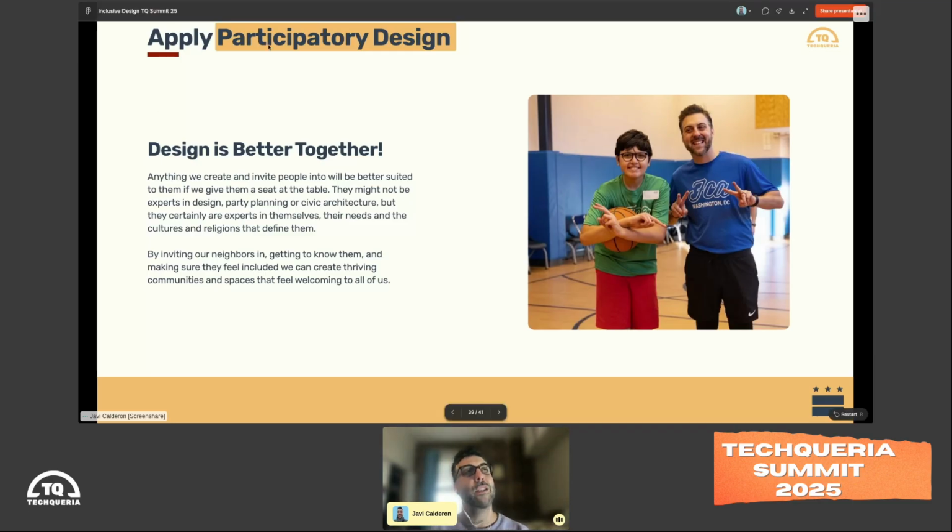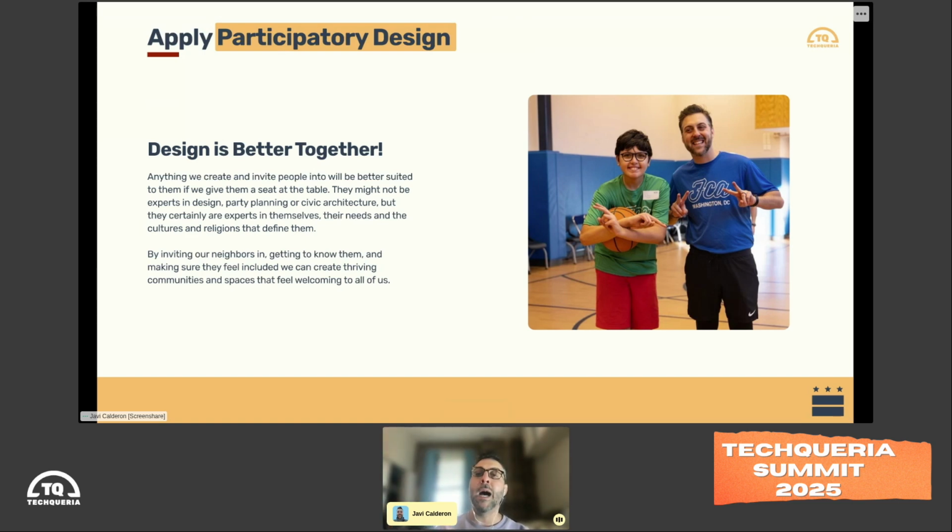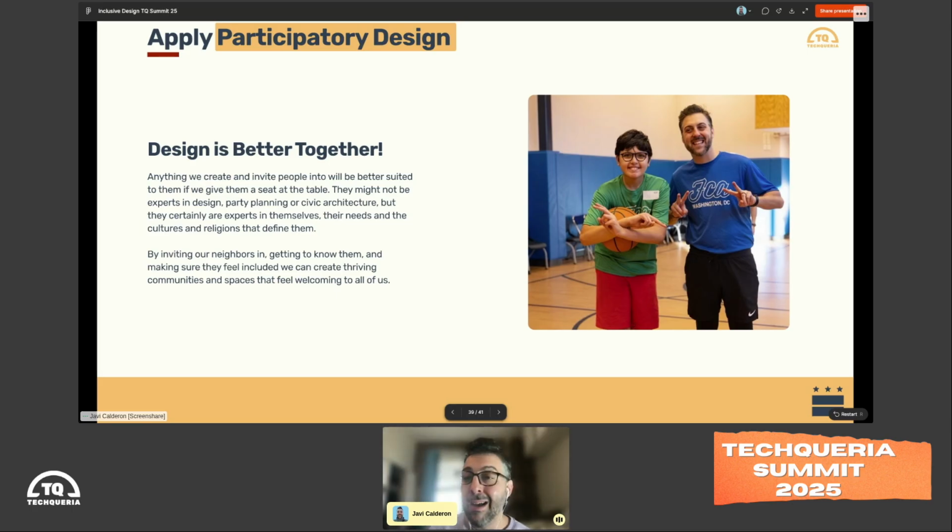As you can imagine, participatory design is exactly that, welcoming other people to design with us. And guess what? Our neighbors and our community members might not be architects or software designers or UX or product designers like me, or party planners or event planners, right? But they are really good and really knowledgeable in who they are, what their needs and preferences are, what their limitations are, and their cultures and their religions, right?